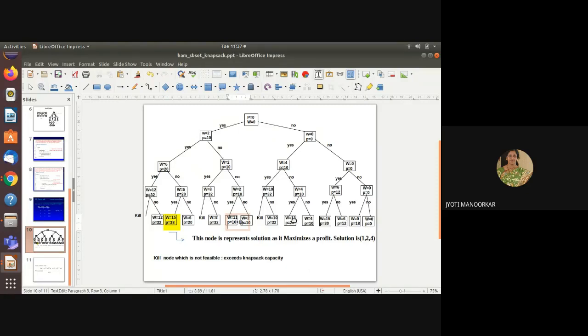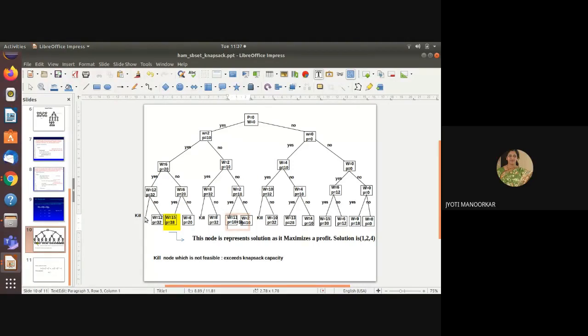Is it okay? Are your calculations matching with these calculations? Are you getting similar values? Yes, someone please respond. Has anyone finished the calculations? Yes, ma'am. We are getting the same values.